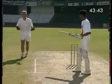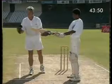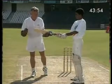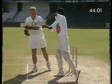That ball is so wide that the batsman cannot reach it. He's standing in his normal crease. If he tries to reach that ball, it is actually going to go past the bottom of his bat. So it is a wide ball. Obviously, if he steps across and hits it, he'll be able to hit the ball, and that